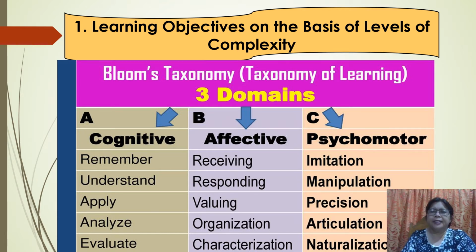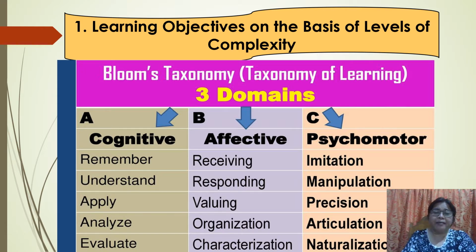The first factor affecting student learning outcome in tertiary education is learning objectives on the basis of levels of complexity. In traditional education, the main emphasis remains at the cognitive domain and is commonly used to organize the learning objectives, assessment methods, and strategies. As you can see, the Bloom's taxonomy